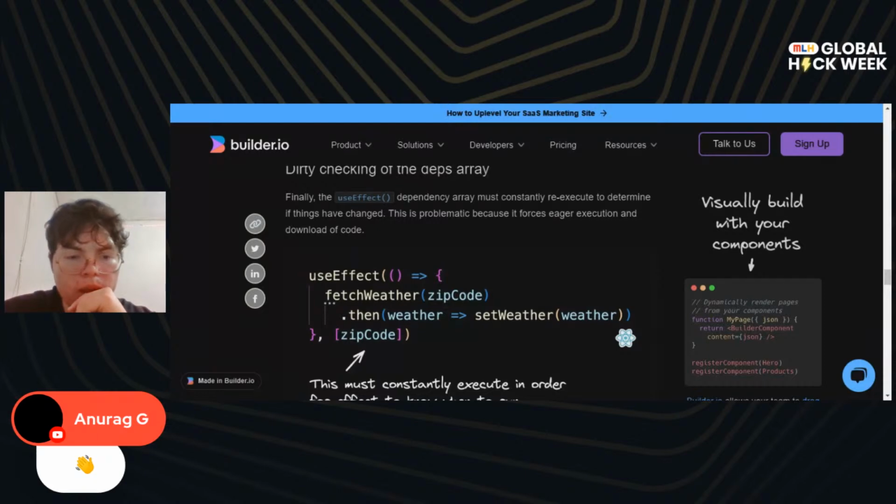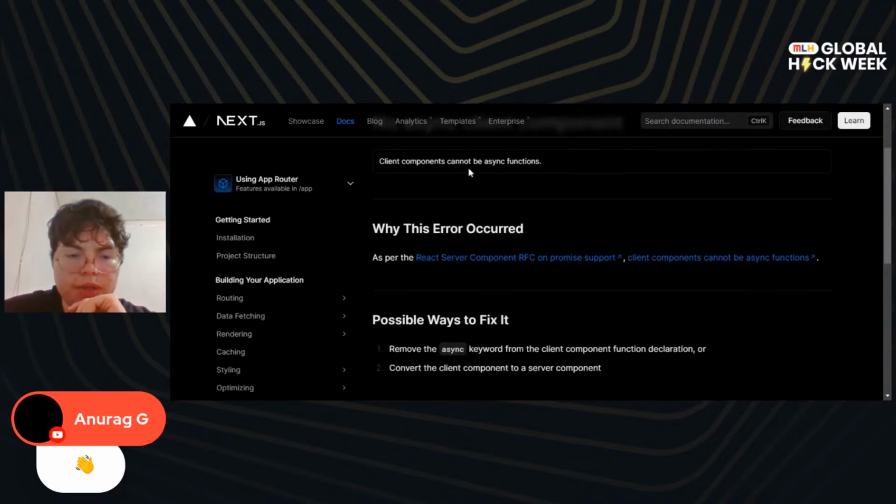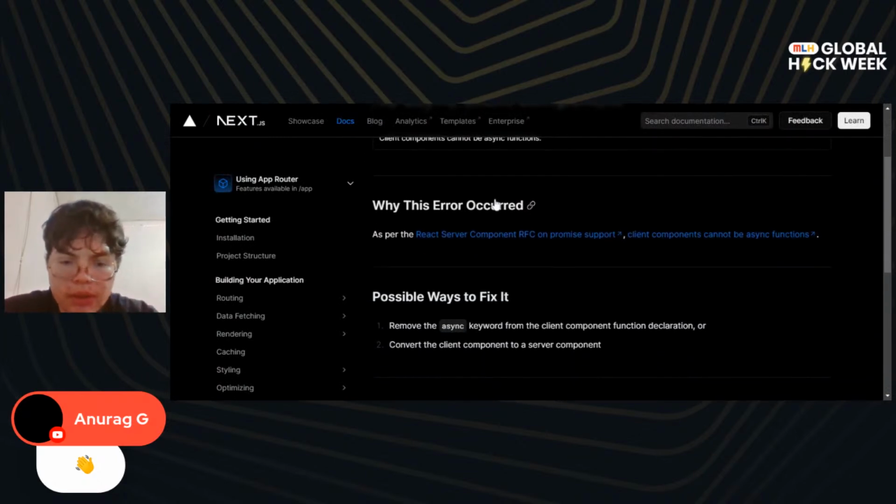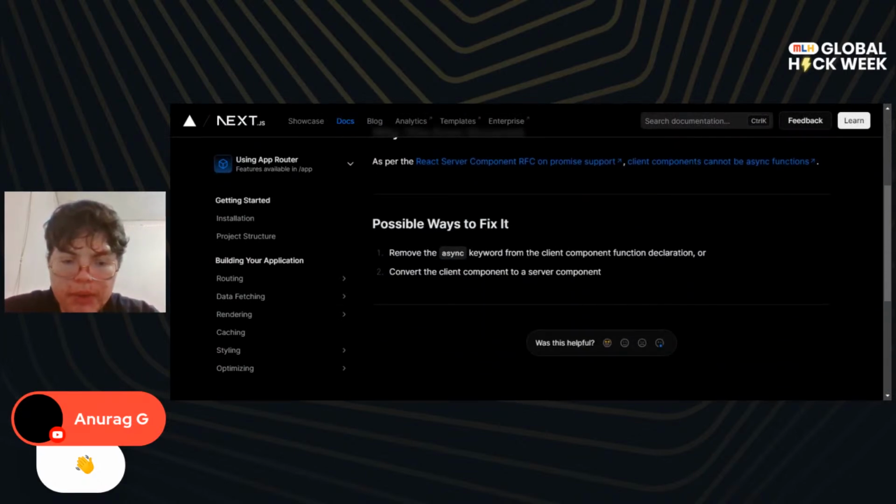Client components cannot be async functions. And then why does it occur? Because a possible way is to remove the async keyword from the client component, or convert the client component to a server component. Okay, so my function